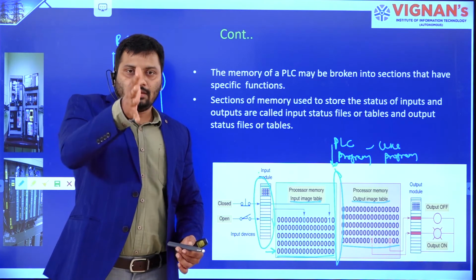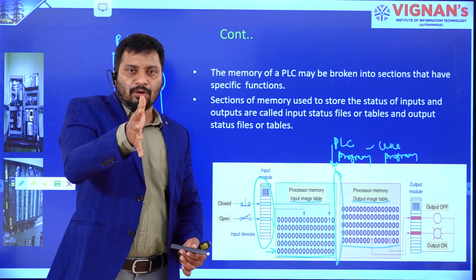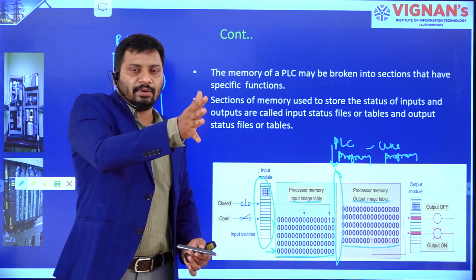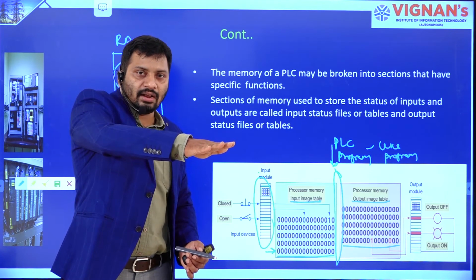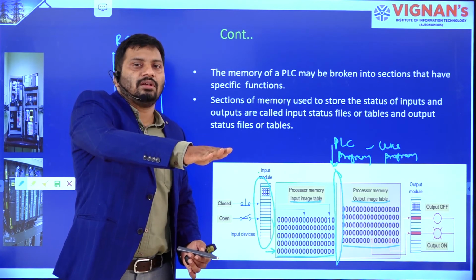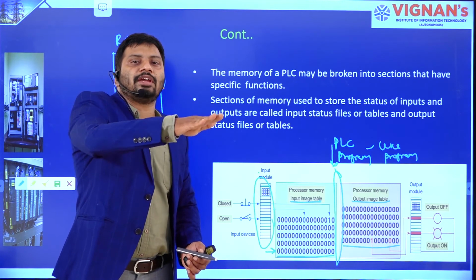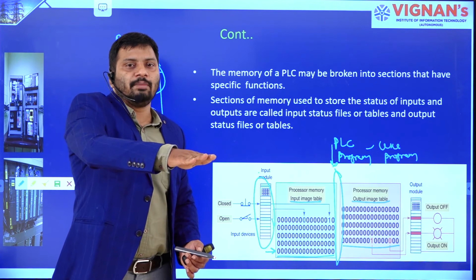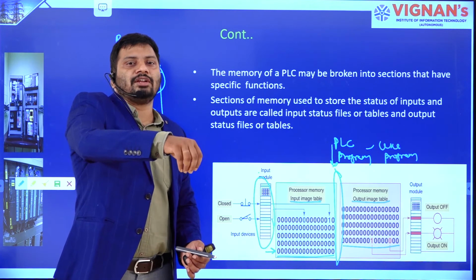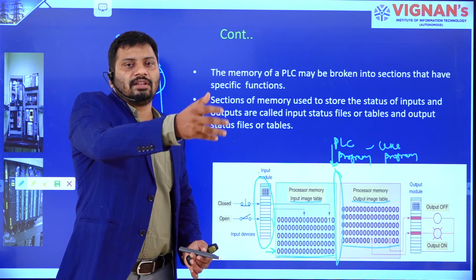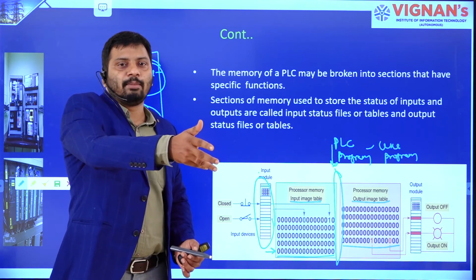Based on the input signal coming to the input module, it is outputting 16-bit data. That 16-bit data is going to be stored in the internal RAM of the CPU, right? That is going to become the input image. Then that input image is going to act like an input to the user program present in the RAM only, right?